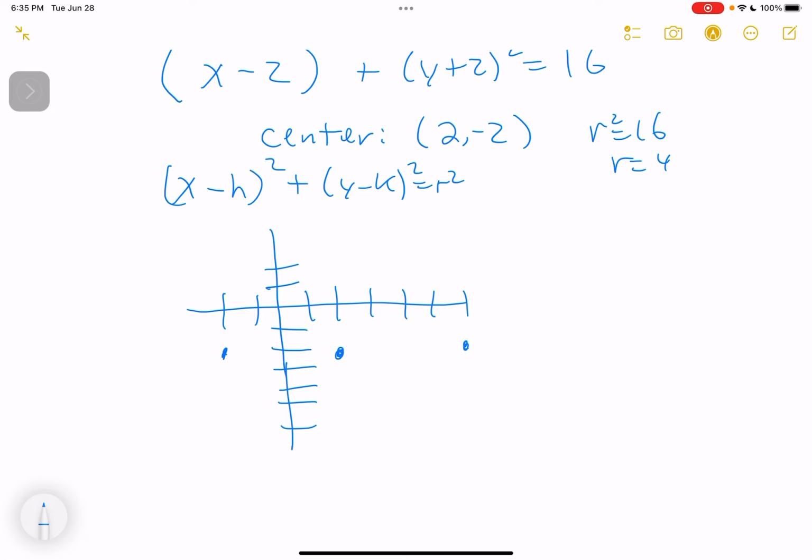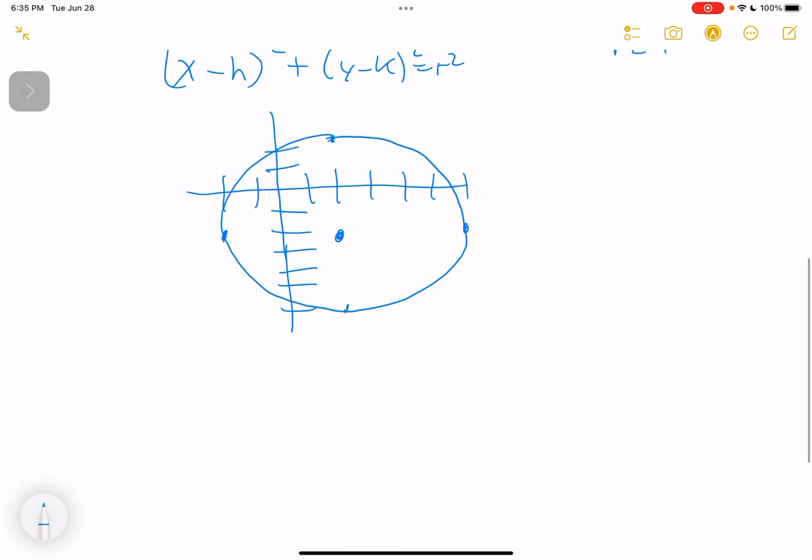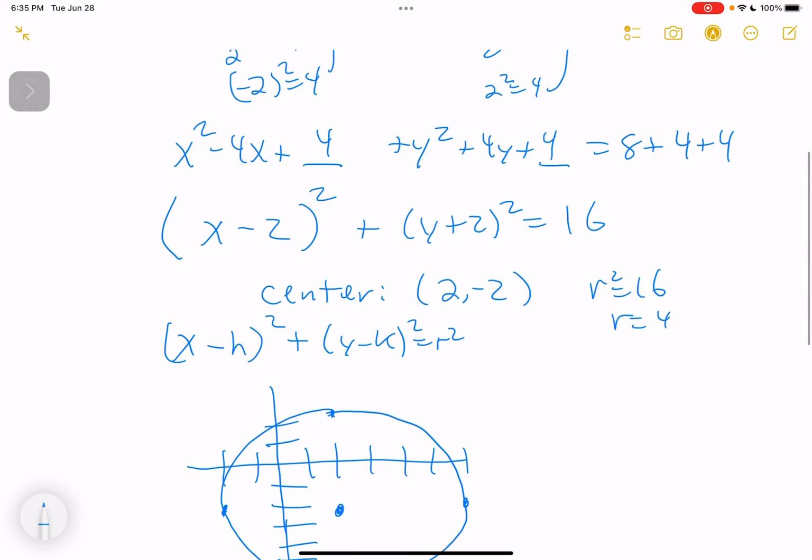And then we go up 4 units, 1, 2, 3, 4, and down 4 units. And this is clearly my spacing is not consistent, so we end up with this type of thing. There's our circle. Okay, and that's the general process for this. You complete those squares. So let's look at 45, where we have,